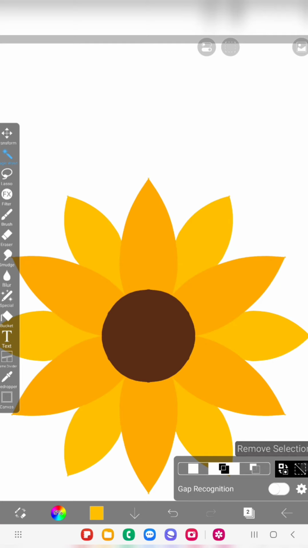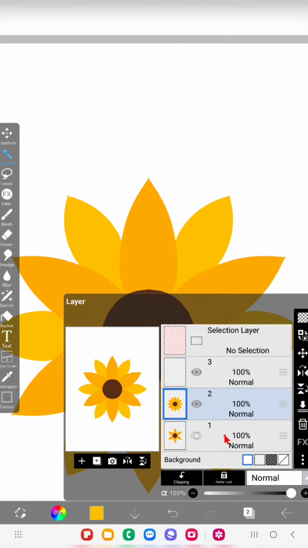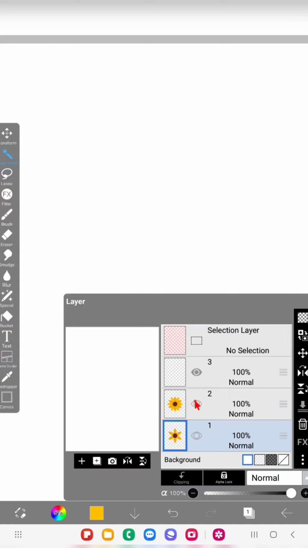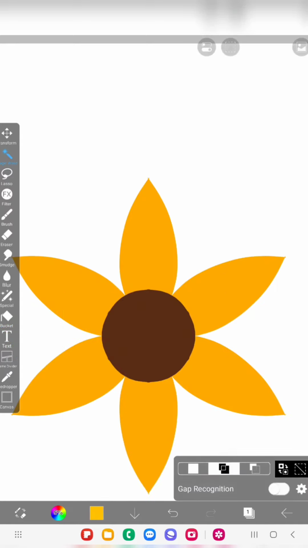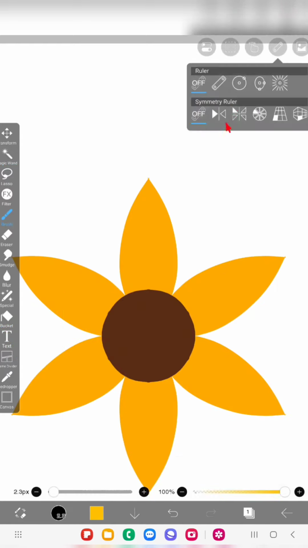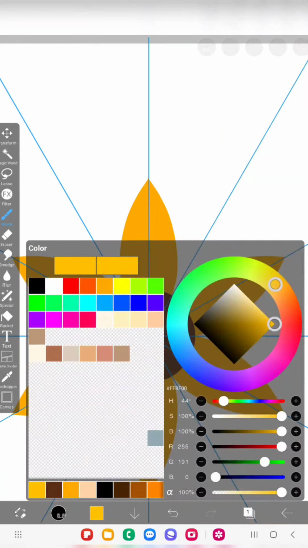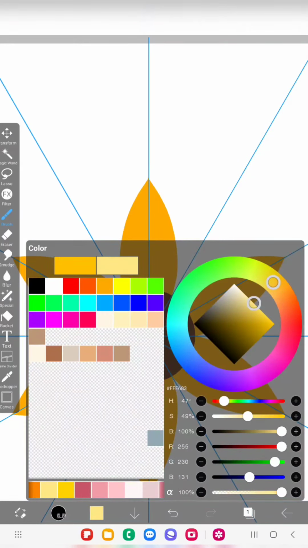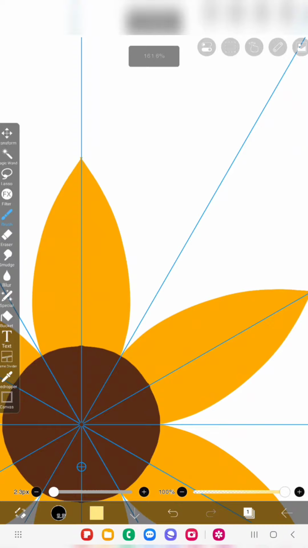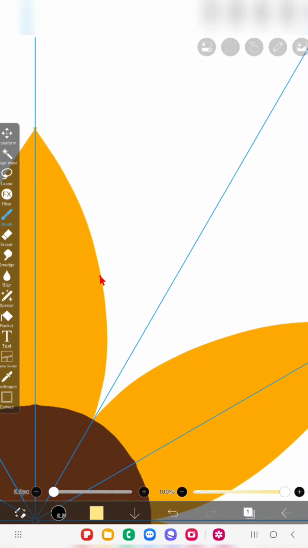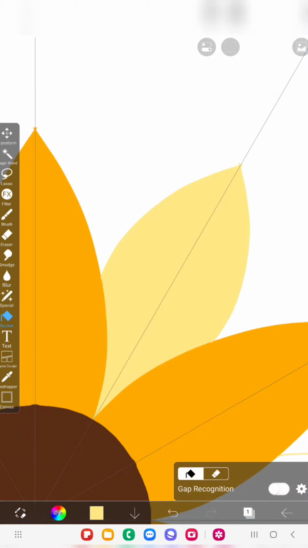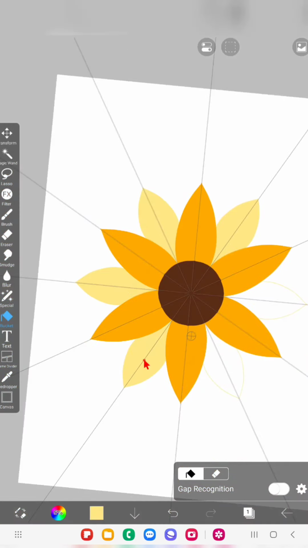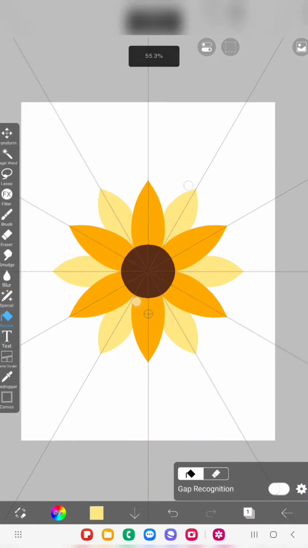Now I'm going to my layer 1, and I'm going to draw another petal, which is of a very mild yellow color. And now I'm going to draw this. Okay, so again